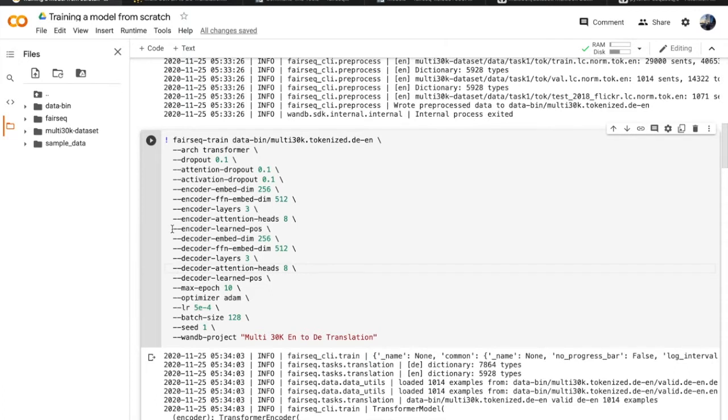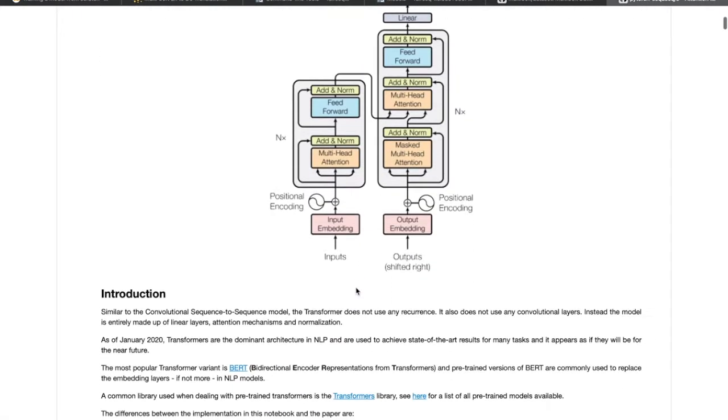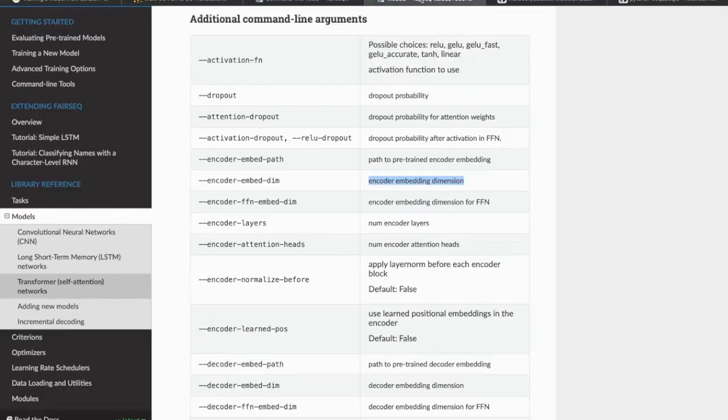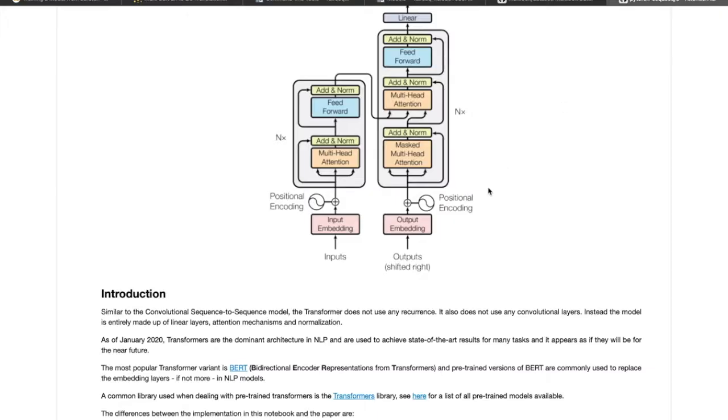And then, coming to the last one, which is encoder learned pos and decoder learned pos. In the original Attention Is All You Need paper, they used static embeddings, which are sinusoidal embeddings. But in all the future works like BERT, ALBERT, and all the BERT related architectures, we have a positional embedding which is not static.